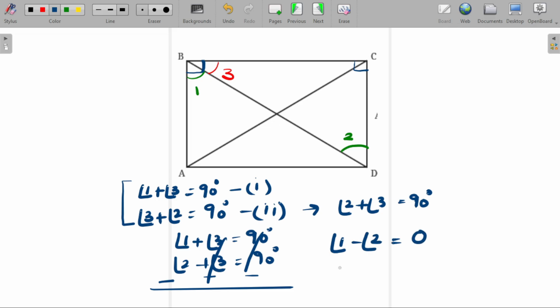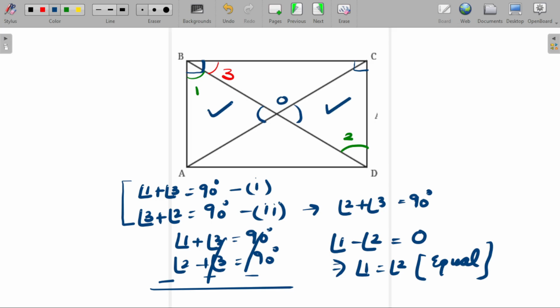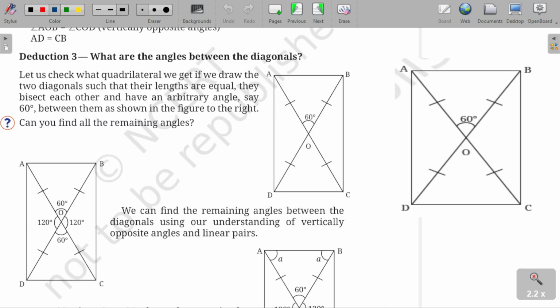If this is 0, this means both angles are equal. Okay? Both angles are equal. That means we are met with the third parameter to prove these two triangles congruent. Okay? So moving to the next page,